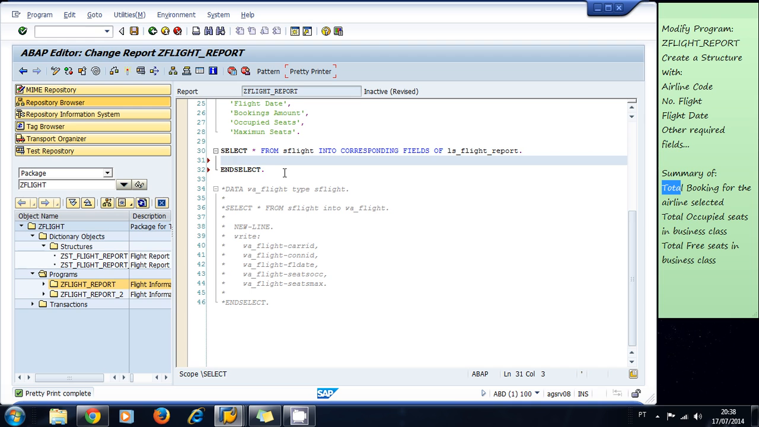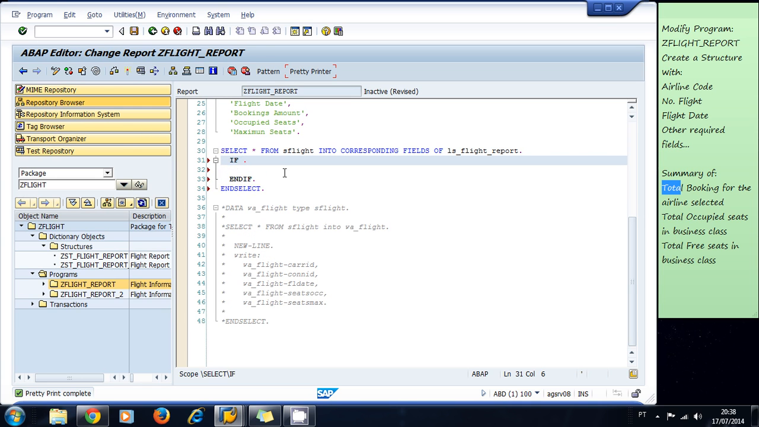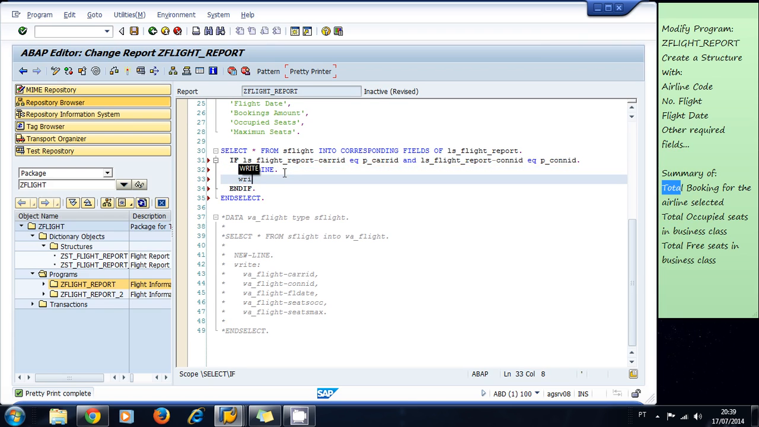Inside, I'm going to filter my information using my parameters. So if my current record that I selected equals, if the airline code of that record equals my parameter, and my current flight number equals my parameter for my flight number, then I'm going to process that record. So I'm going to write a new line, and then I'm going to write